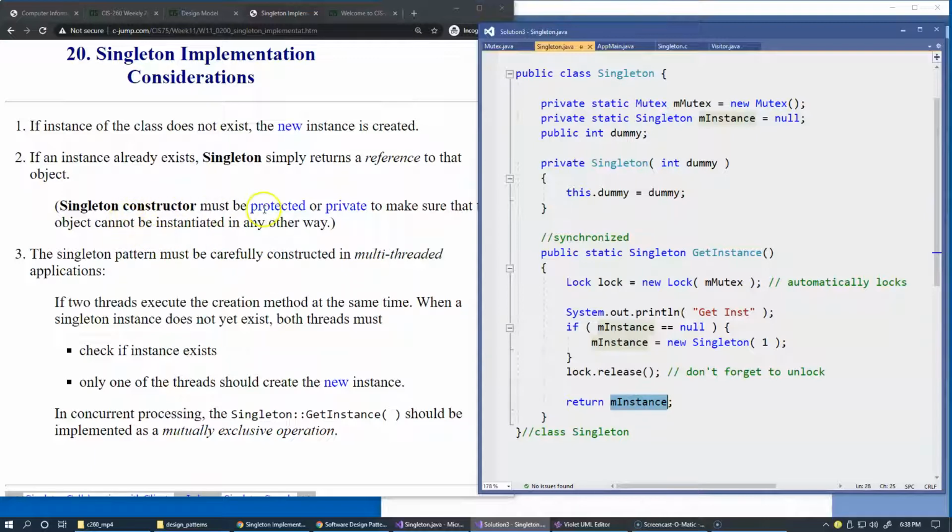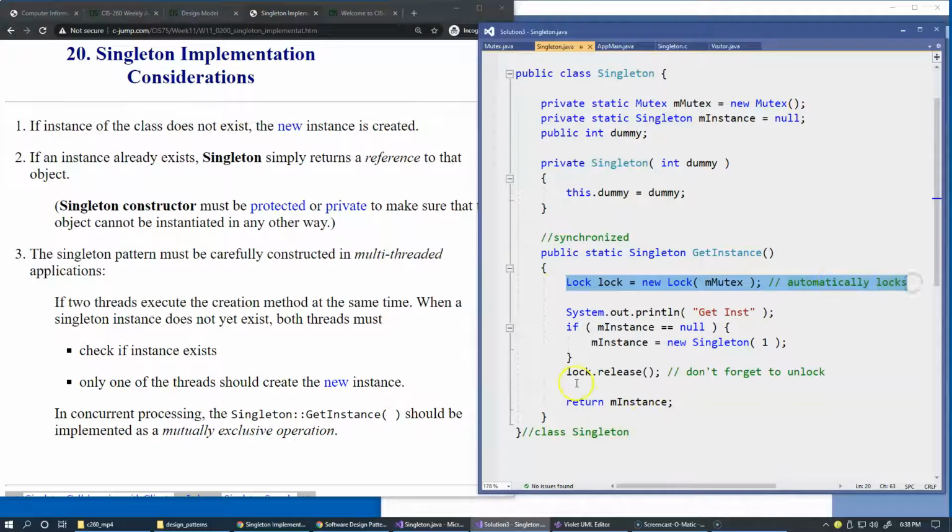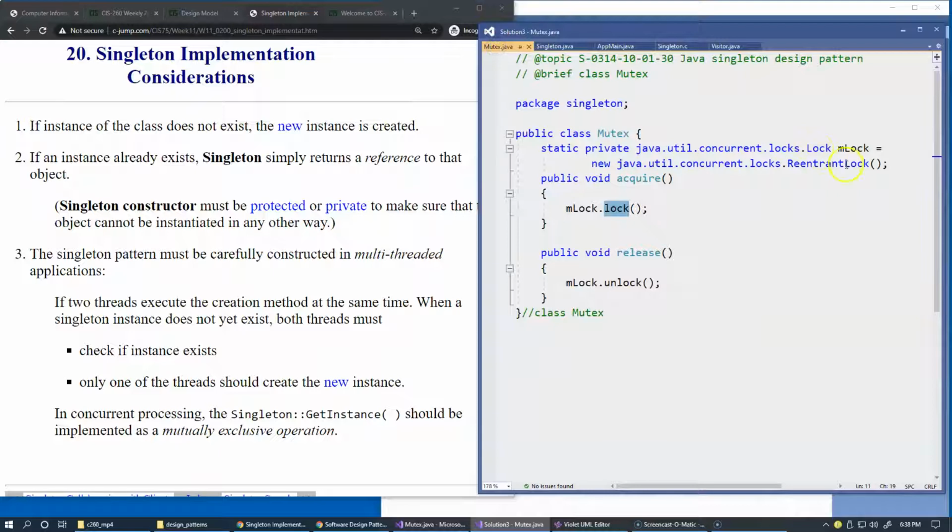Singleton constructor must be protected or private. Okay, so that's the constructor of the singleton that we have right here. The singleton pattern must be carefully constructed in multi-threaded applications, and that's what we have with our attempts to maintain synchronization using this mutex, which in reality is java.util.concurrent.locks.ReentrantLock, which is a very